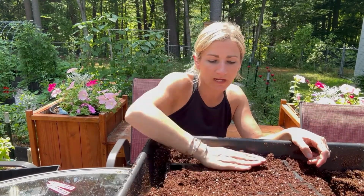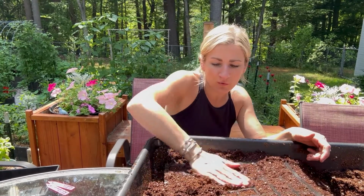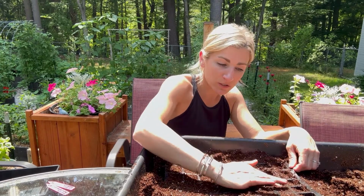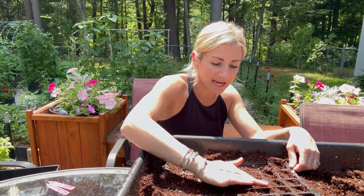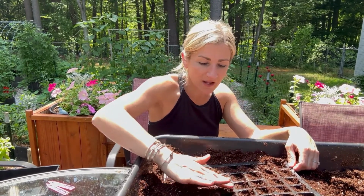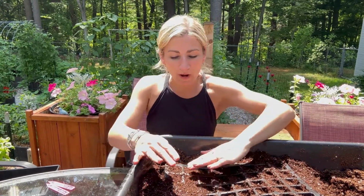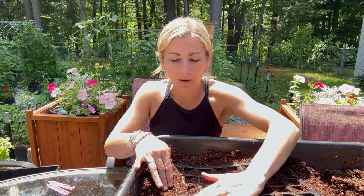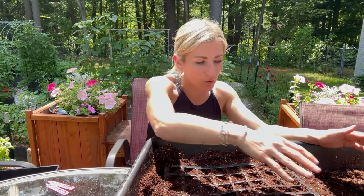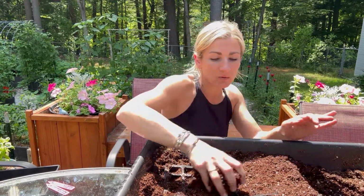I'm still waiting for, I think I have 1 tray of stock. I'm waiting just for a few more to pop out, and then my snapdragons. Those took me my first round about 7 to 8 days before I was able to take them off the heat mat. I started them on Monday, so hopefully by Tuesday. So what I'm hoping I can do is scoot away with 1 on a heat mat, and then it's going to be unfortunately too hot for me to leave them in my greenhouse, but I thought maybe I could leave them outside